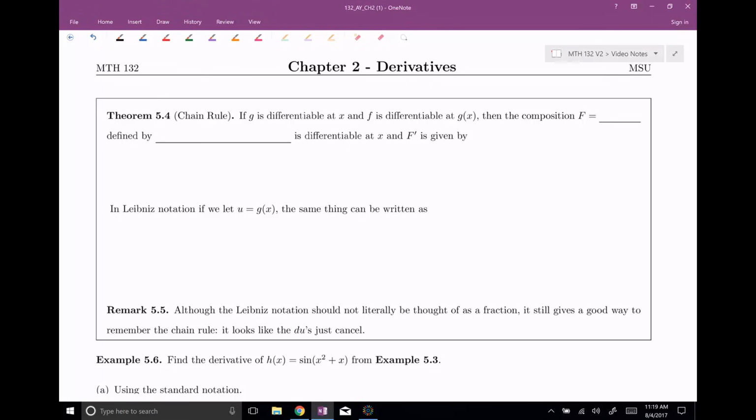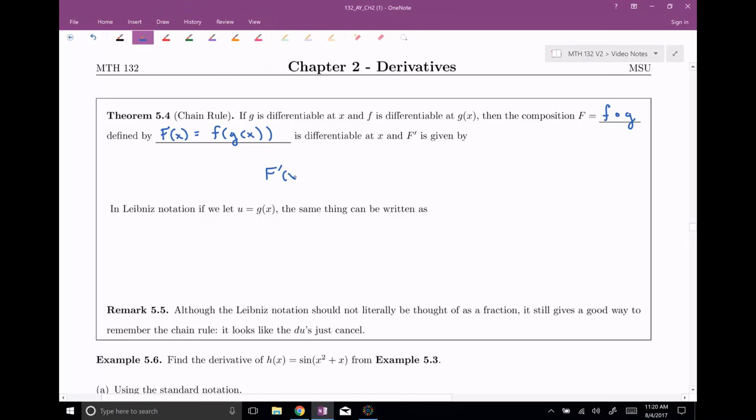So if g is differentiable at x and f is differentiable at g of x, then the composition, which I'm denoting with a capital F here, is the composition of f and g, which is defined by, another way you can write this is, f of g of x, that is, g is being inputted into the f function, is also differentiable at x, and the derivative is given by